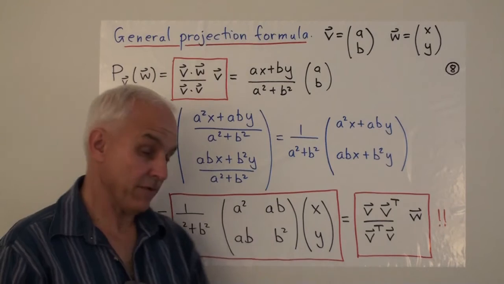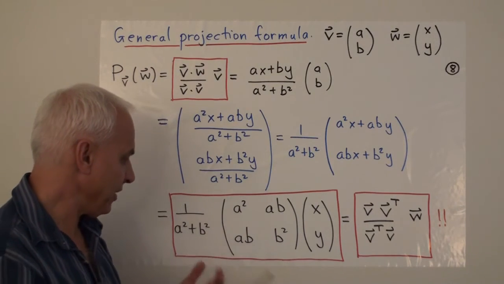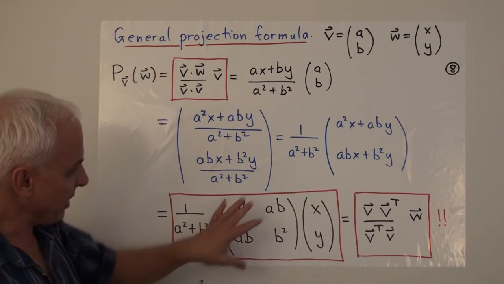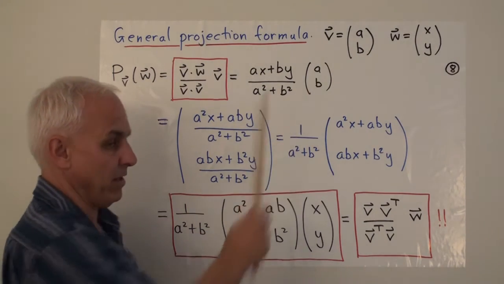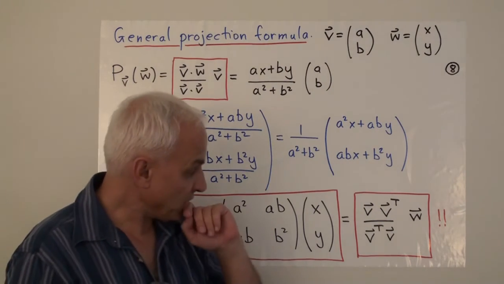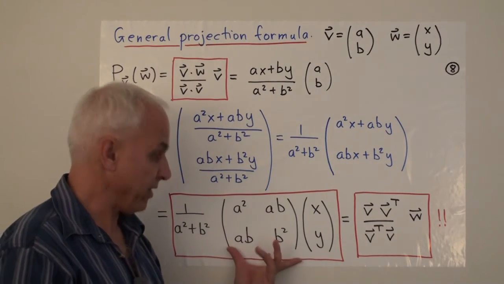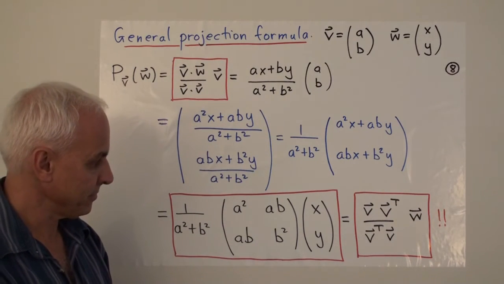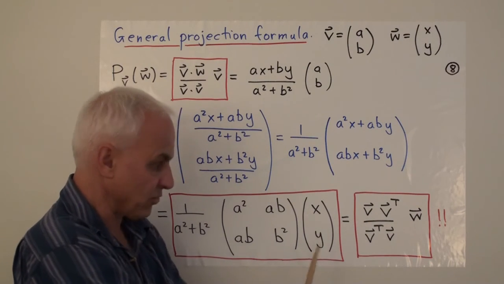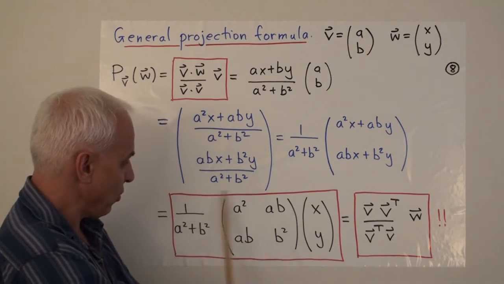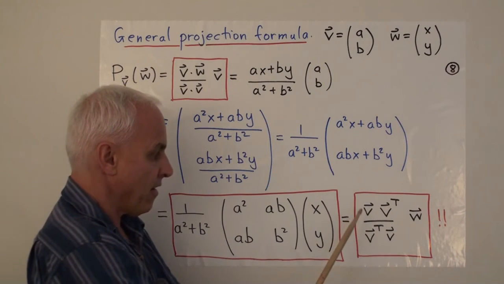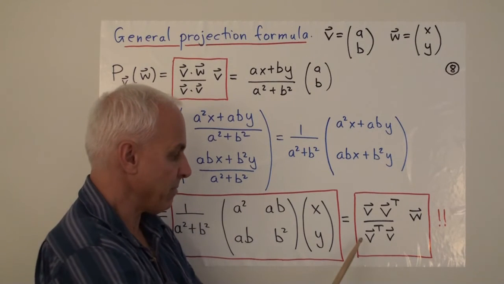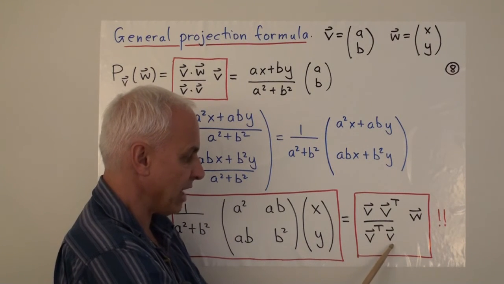Now this matrix is kind of interesting. It's clearly somehow connected with this vector AB. And in fact, it has a very lovely relationship with this vector AB. So here's something for you to check, an exercise, that you can rewrite this in the much more compact form over here. So here's still the vector W, there's a vector xy on the right. But this whole combination here can be written as vector v times vector v transpose divided by vector v transpose times vector v.